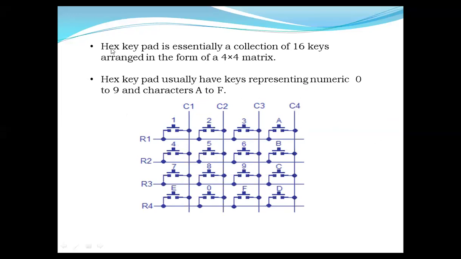It is your 4 into 4 matrix form, and here you can see this is how it will be.